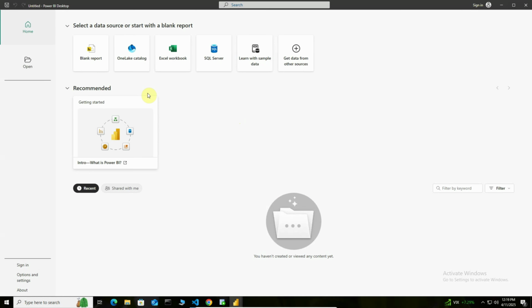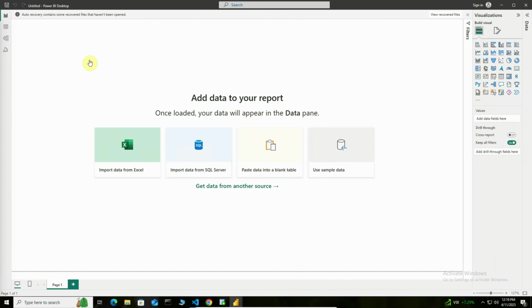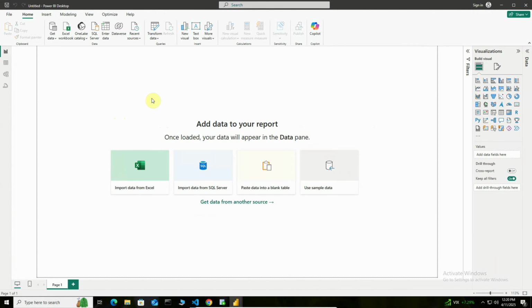So the application has started. Now press the blank report button to go to our main report or dashboard designing screen. And here, if you remember, the last time we created a data source connection using the system user, which we are not going to use anymore. So we have to first remove that connection settings so that it's not going to be used in our new